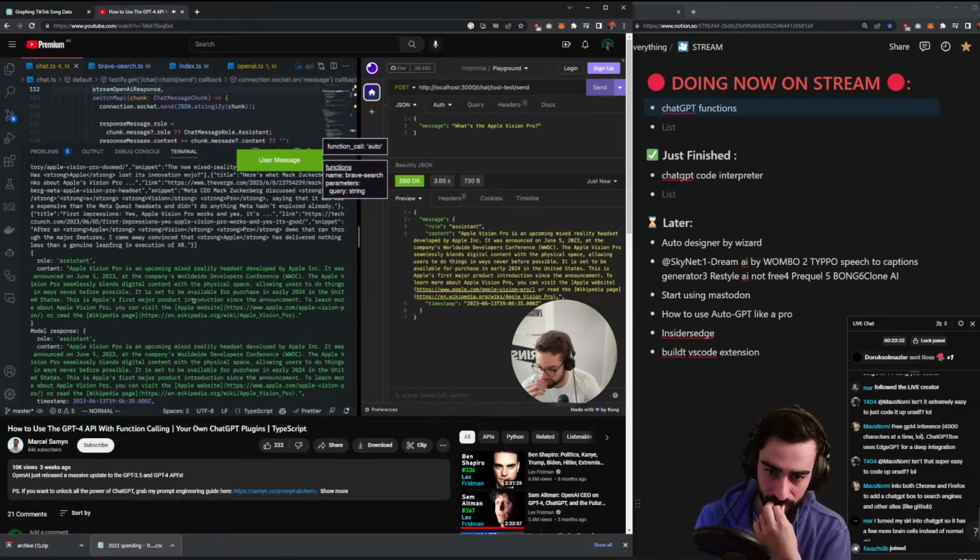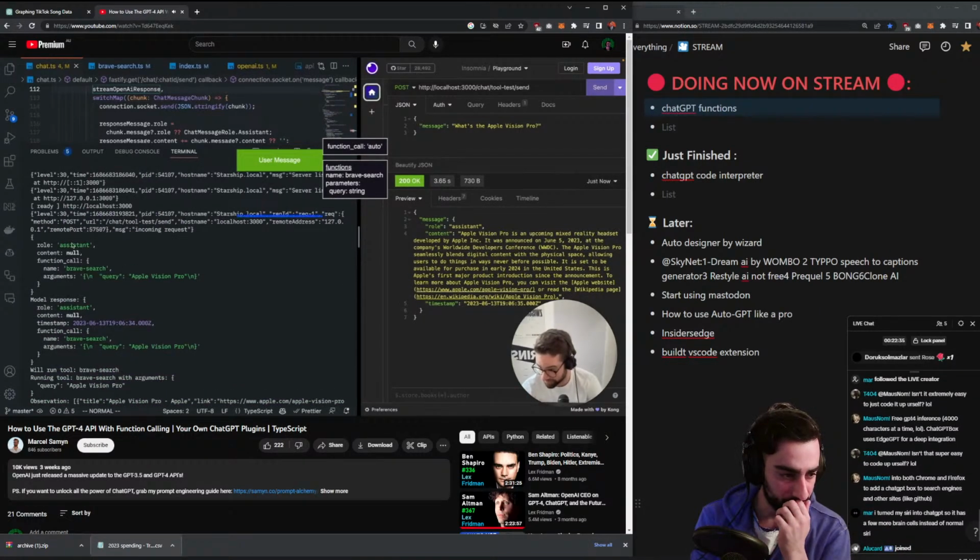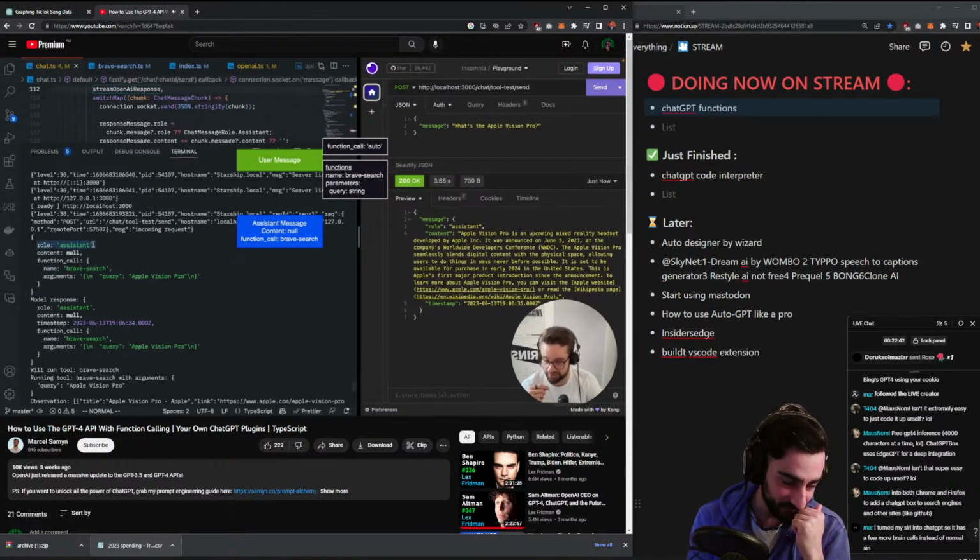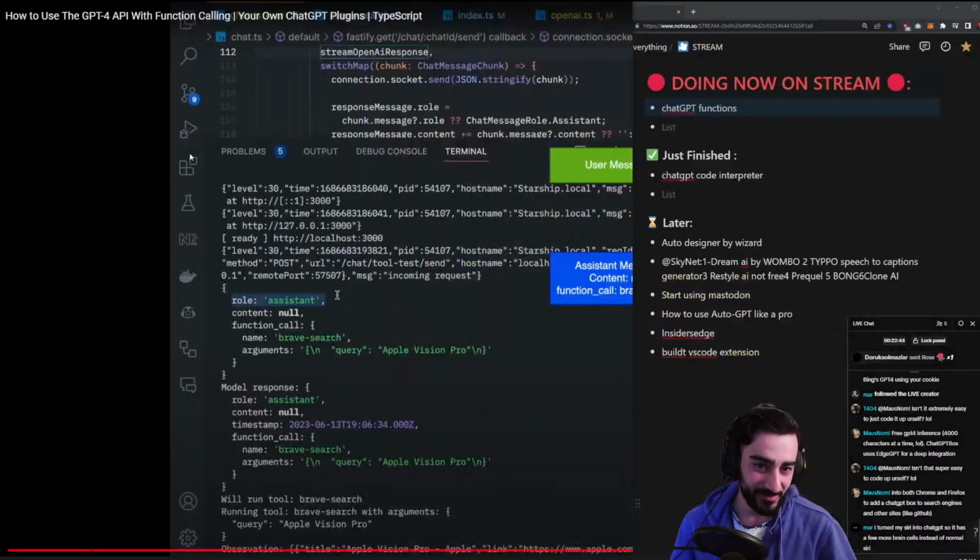Let's scroll up and see what's happening here. So this is the response from the OpenAI API. So it says we got a message with the role assistant, which is the